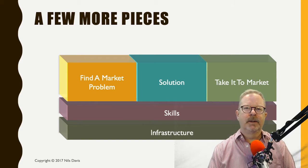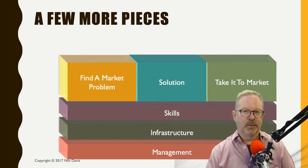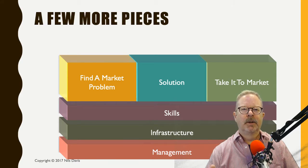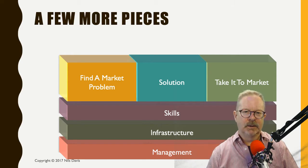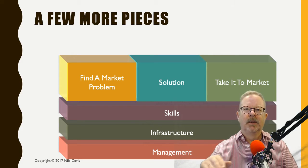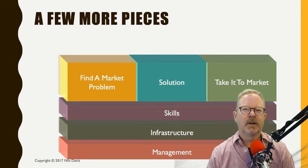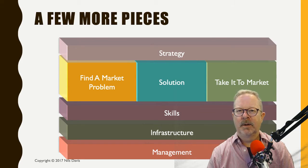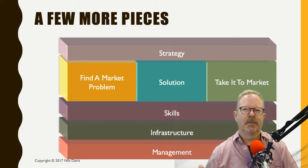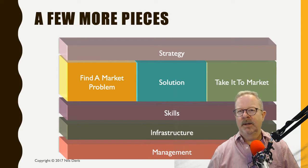Of course, there's the management of the product management organization itself, which is about helping us product managers become better at what we do, at making sure that we have a voice at the top level tables, whatever the different things. So management is always a component of any of these big processes. And then I always like to talk about strategy as well as being a component of the secret product management framework, because